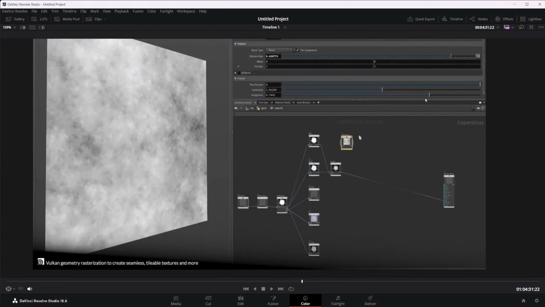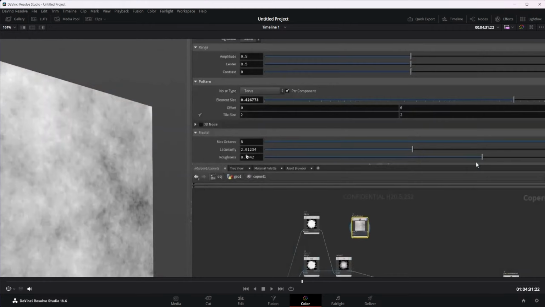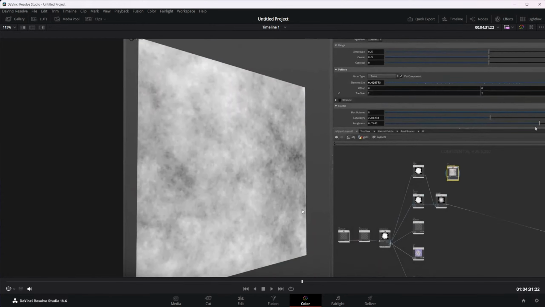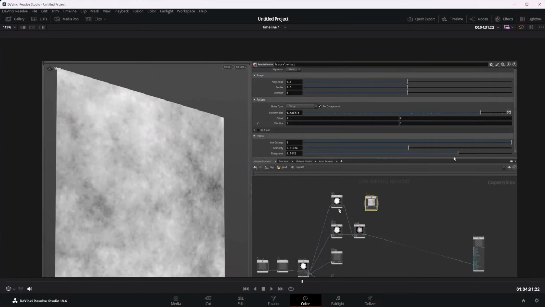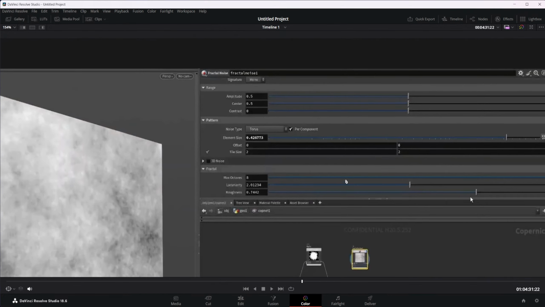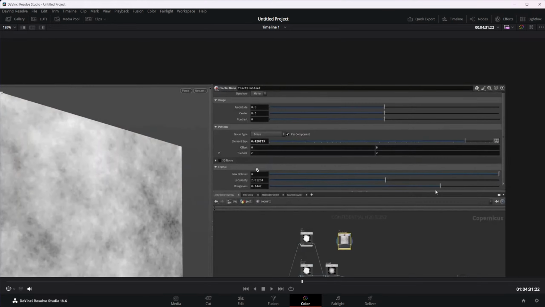So they lay down another node here. This is a fractal noise. We're going to have some different noises, we'll see that here in a second. We have some different noises that we're going to be able to use inside of Houdini 20.5 in this Copernicus thing. So see, we have 3D noise. We have some different noise types here. Curious to see what those will say. This is pretty